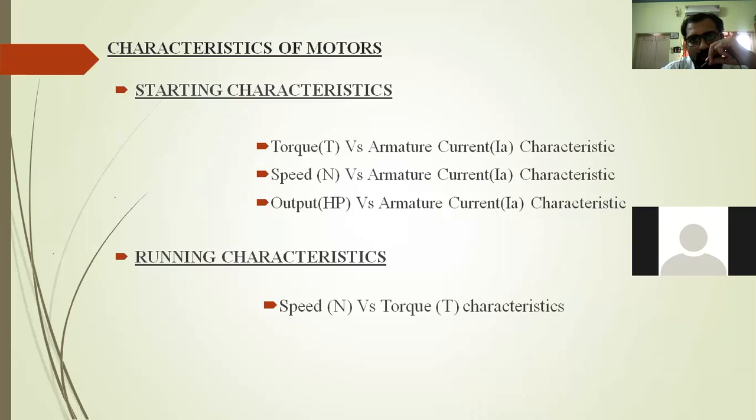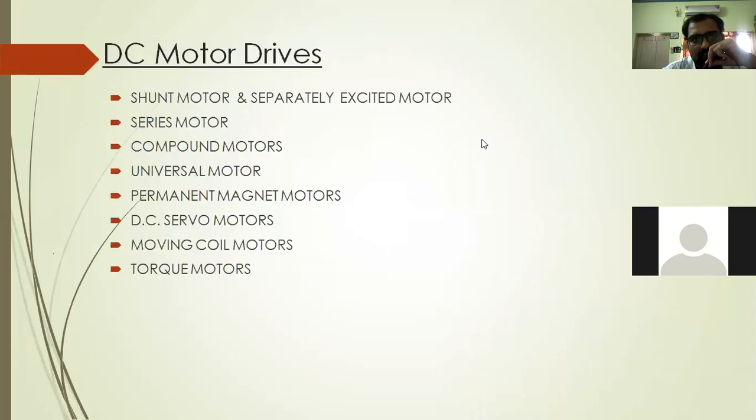Now we are going to study the first motor, that is DC motor drive. The motor drive which is connected to the supply of DC is nothing but your DC motor drive. Earlier I discussed the drive. The exact drive is the combination of a prime mover, transmission equipment, and a mechanical load, and this total system is connected to one motor, that is the prime mover. That is nothing but an electric drive. The electric drive which is driven by a DC supply is your DC motor drive.